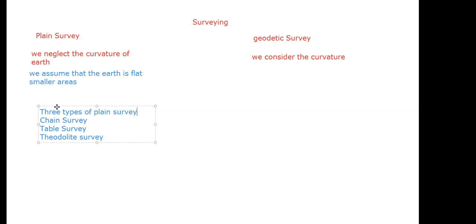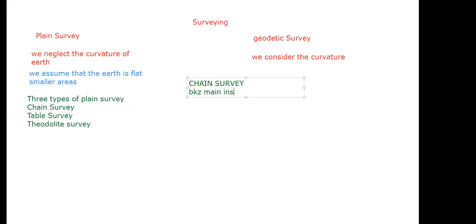Okay, so फिर अब बात कर लेते हैं हम चेन सर्वे की. तो पहली चीज़, why chain survey is called as a chain survey. So it is called as a chain survey because the main instrument which is used for this survey is a chain, and that chain is called as engineer's chain